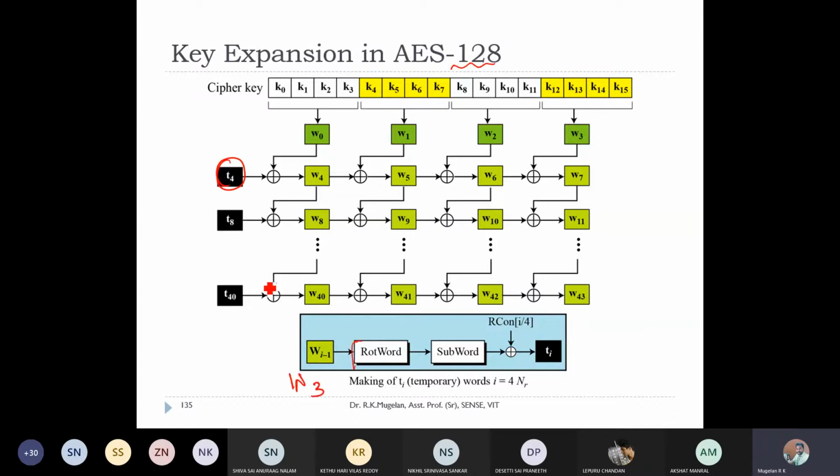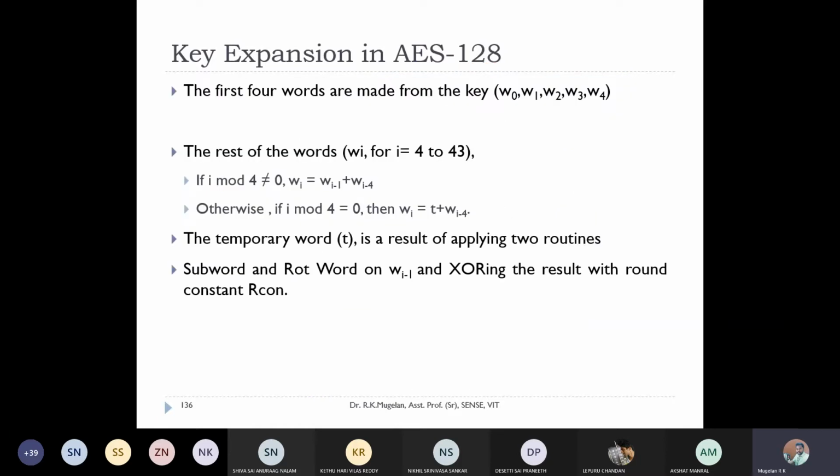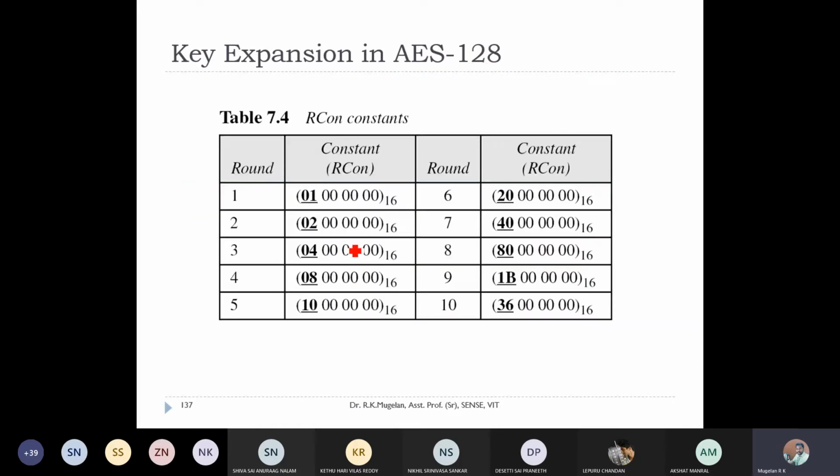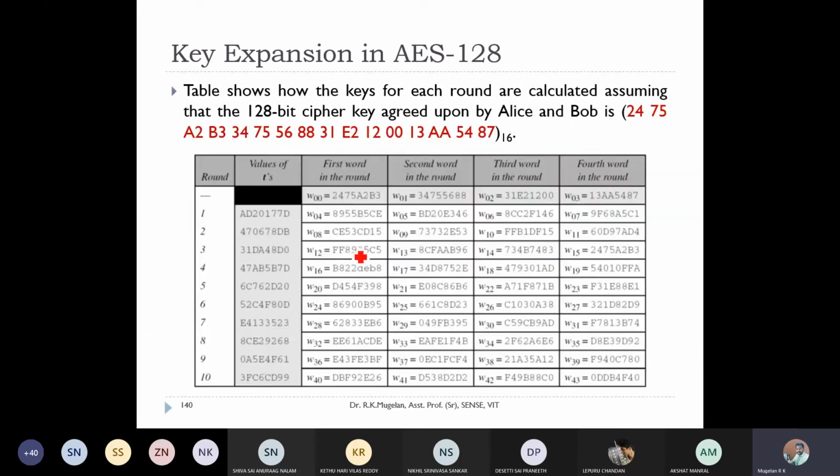Then this RotWord, I think yesterday I forgot to mention what RotWord is going to do. RotWord will make a 1 byte shift. The shift will be in the left hand direction. Then we'll be going for SubWord. In SubWord, I'll be using a sub byte table, substituting each and every byte with the table. Then I'll be XORing with a constant value which has been assigned for a particular round generation, right? So we just saw the constants and everything, and we ended with the example.